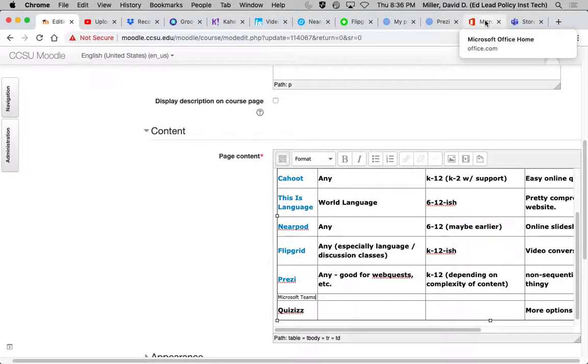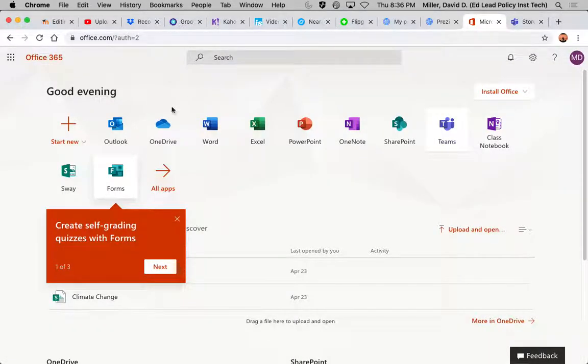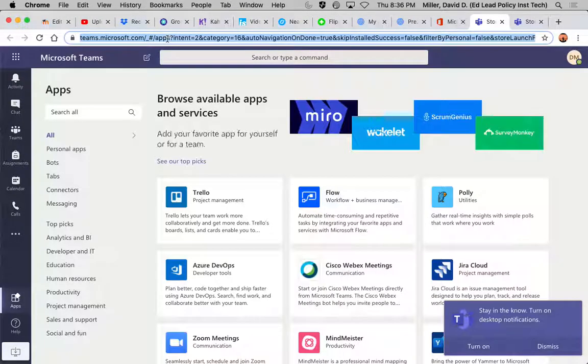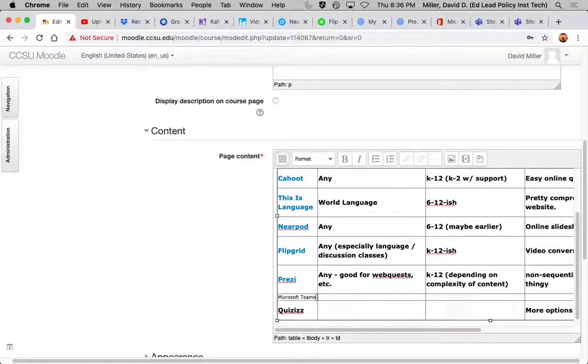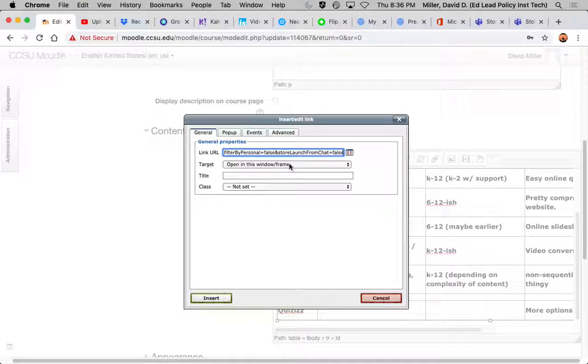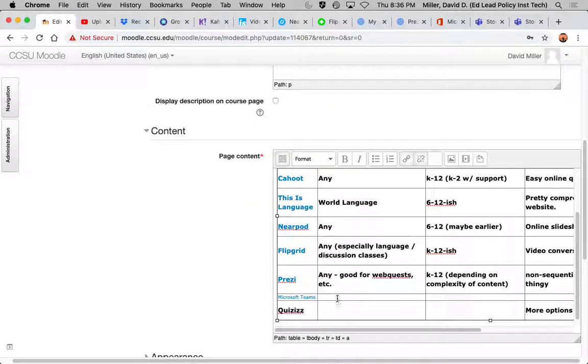Teams is actually really a part of the whole Microsoft Office suite. So I'll put this link in there, but I don't know if that's linked specifically to me. Yeah, so again, this is a tool that's kind of good for anyone.